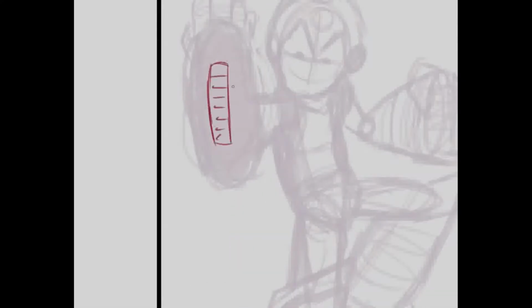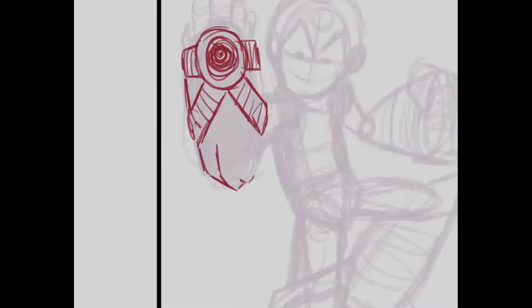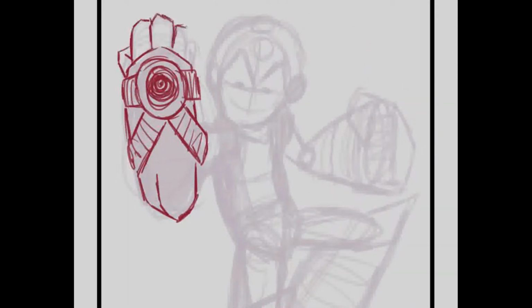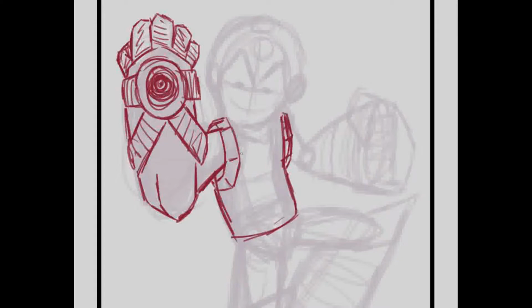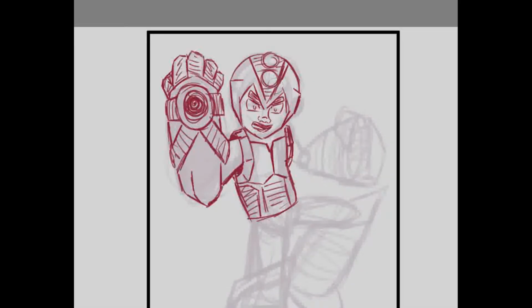Alright guys, so after doing a few sketches, this is the one that I ended up staying on. When I was thinking of Power Suit, I originally thought of Iron Man and Blue Beetle. Those were like two of the big ones that kind of came to mind. Iron Man for obvious reasons, and then Blue Beetle because his suit kind of changes with him and it still looks a little bit more humanistic than Iron Man to me.